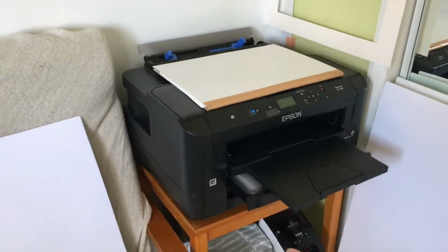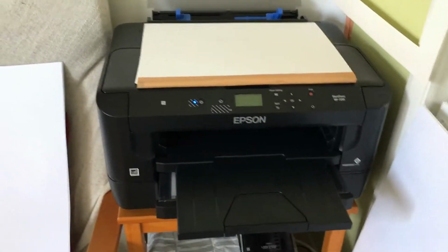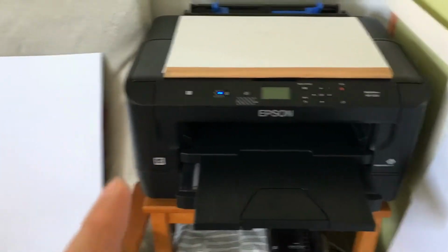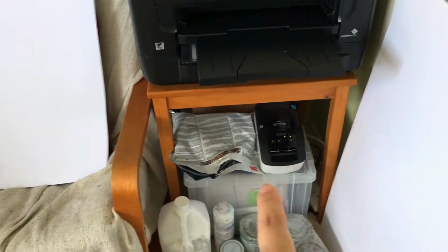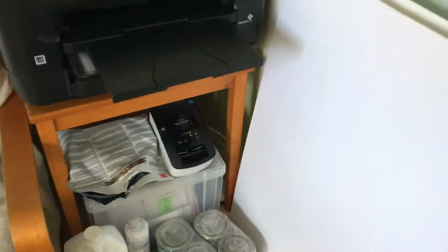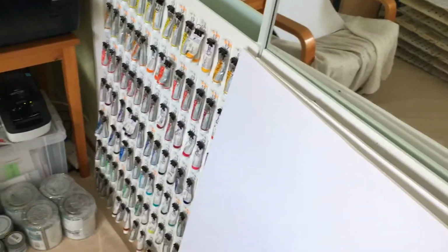My workhorse of a printer, this is an A3 printer by Epson, and you can do waterproof ink printing, which is brilliant. And it actually doesn't cost more than an A4 printer, so I was really happy to find that out. Label printer, some paperwork, spare mask, some random paints, and then I have, these are all my paints, the